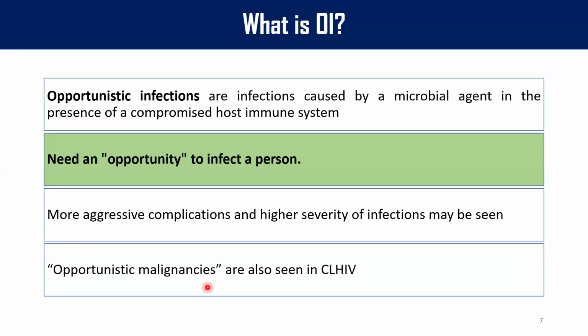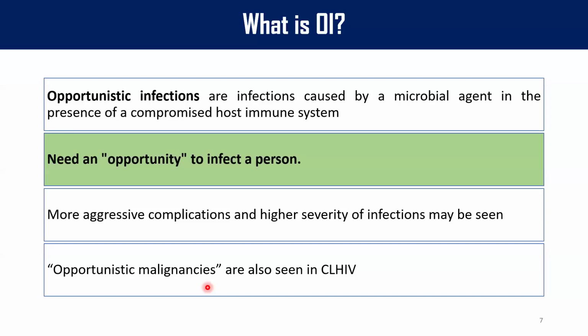So opportunistic severity is also part of your OI. Similarly, there are some infections where the duration may be prolonged because of the immunosuppression. So a prolonged duration can also be part of your opportunistic infection spectrum. An opportunistic infection in HIV children is not just limited to an unusual organism. It also includes unusual severity and unusual duration.